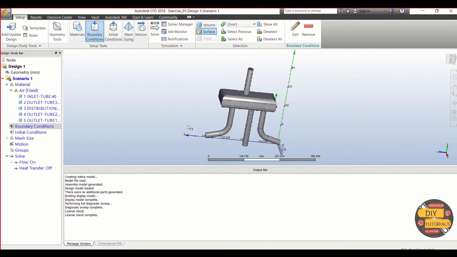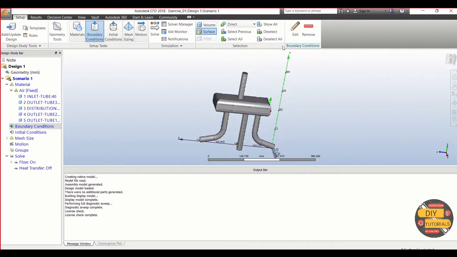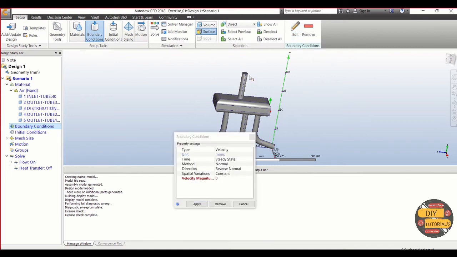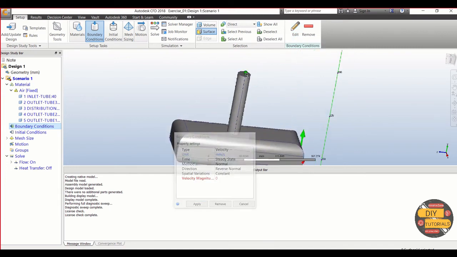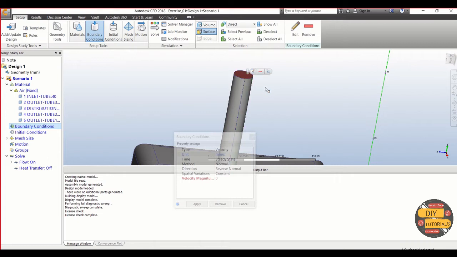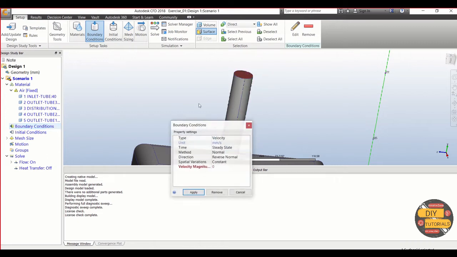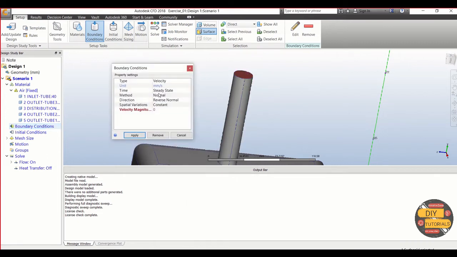In order to do that, you can either click on this button or you can right click and click on edit. So let me go with this, edit. This is where we are going to assign our velocity.